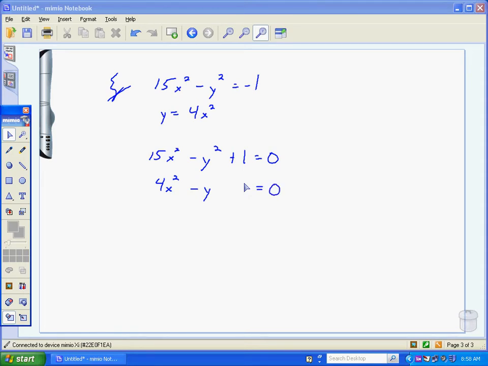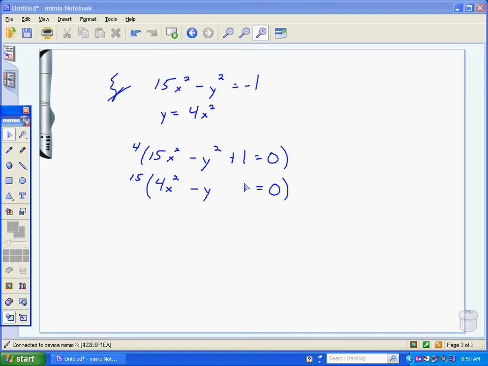Okay. Now, what do we got to caution ourselves on in this question specifically? The y squared and the y aren't the same, right? So we don't want to mess around there. So I'm going to try and get my numerical coefficients the same, obviously with the x squareds, not the y's, because they're not the same. It has to be with usually the squared values. So here I'm going to multiply this whole thing by 4. And this one here I'm going to multiply everything by 15. Try and get it to